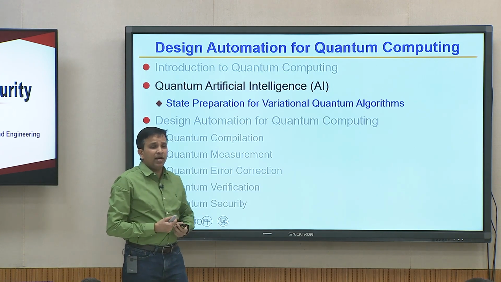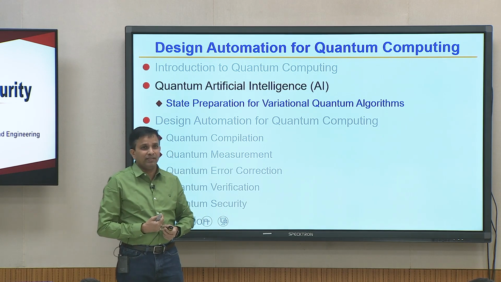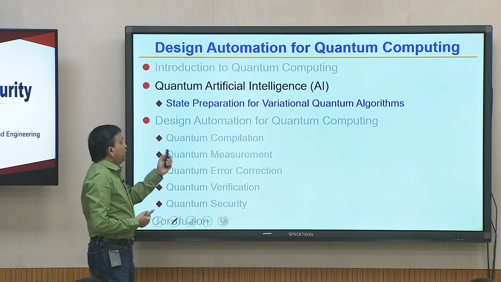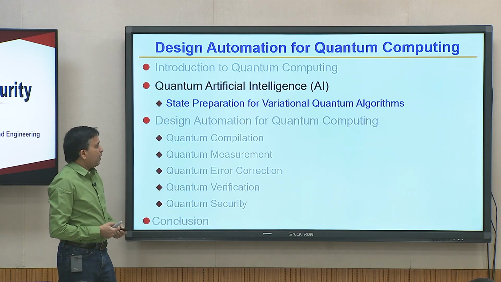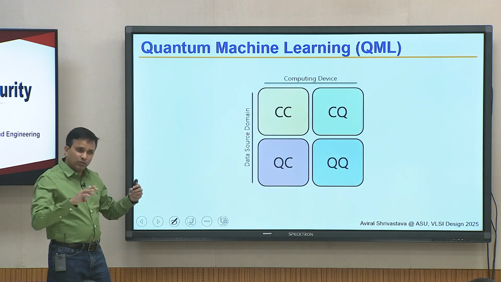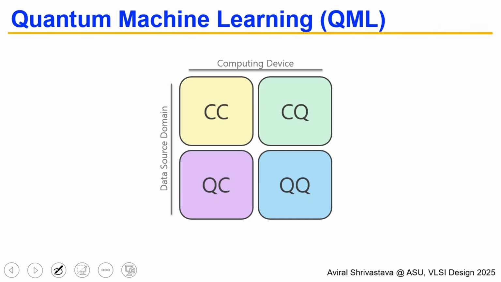Any questions? Now, we are going to do the quantum machine learning. So, I am going to solve one specific problem, but before I do that, I want to show you this whole classical and quantum. Classical is one word, quantum is one word. So, there are 4 possible combinations. You are doing classical data on a classical computer, quantum data on classical, classical data on quantum, and quantum data on quantum computing. Where the data comes from, what type of data it is, who is the computer, 4 possible combinations.